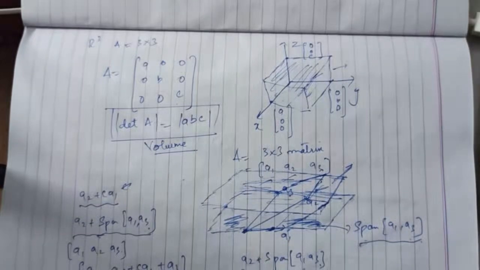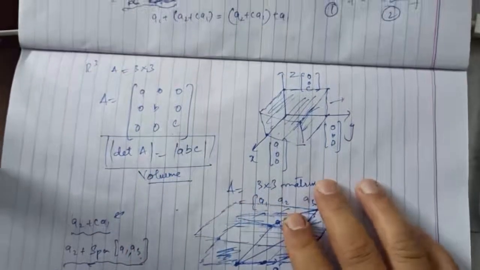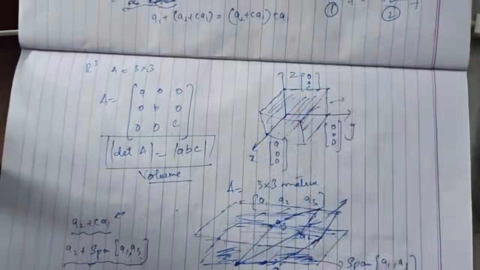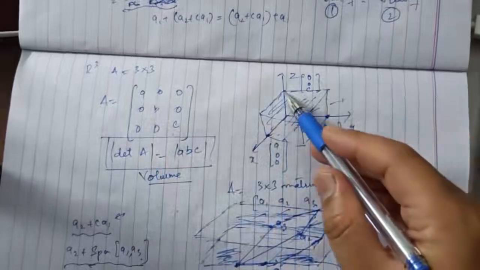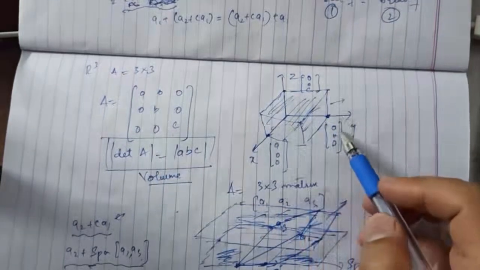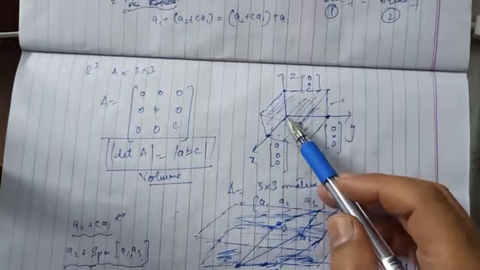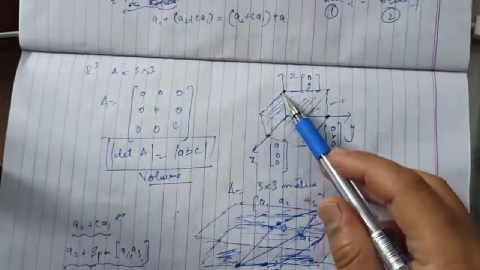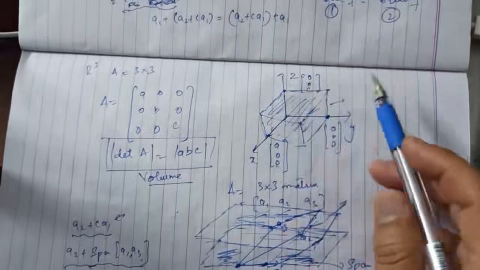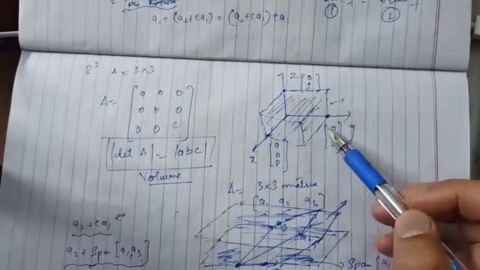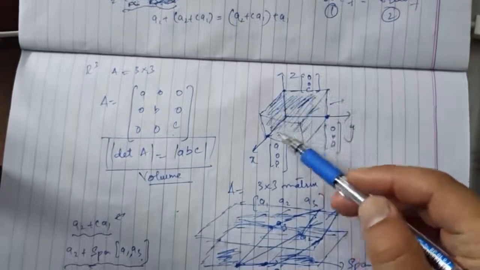Say for example, now if you have a matrix, let's say like this one, A, B and C, right? So we know that, from extending the concept from R2 to R3, we can represent this vector here on the x-axis, this on the y-axis, and this on the z-axis, right? So this point here is (A,0,0), (0,B,0), and (0,0,C), right? So the volume, we can now write it as the sum of the corresponding vectors. This point represents the addition of this vector and this vector, this parallelogram, and this parallelogram represents the addition of this vector and this vector. Similarly, this side will also have the addition of the x vector and the y vector, x vector and the z vector. So what you will have in this case is a sort of cube